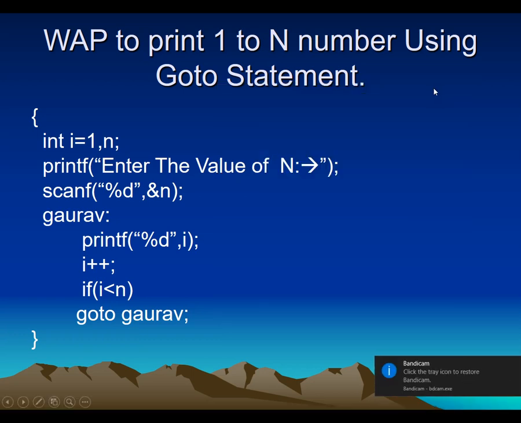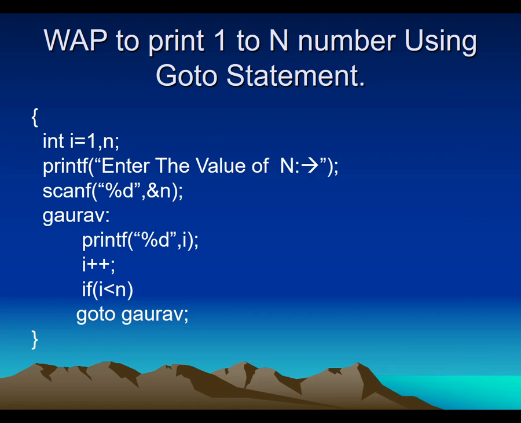Good morning, students. Last time we went through the decision making statements, that is control structure, and we completed the concept of decision making statements like if else, multiple if else, and switch. Then we started with the goto statement, and as we know the theoretical part of goto statement, it comes in two different flavors, that is forward goto statement and backward goto statement.